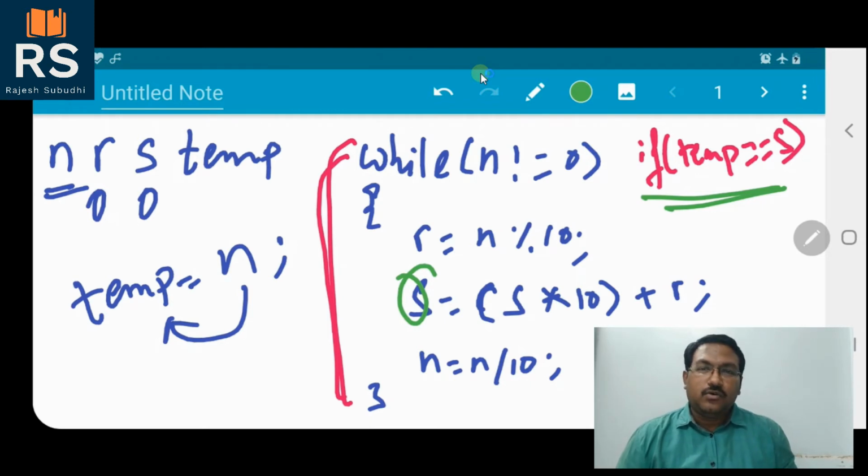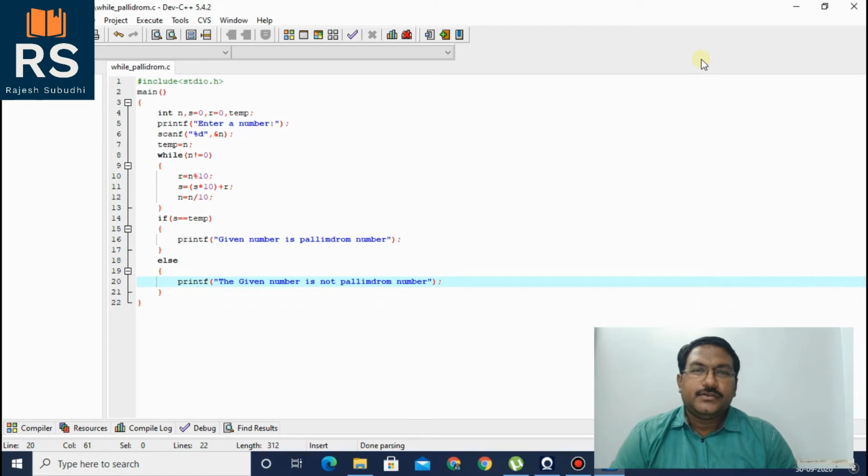So let us now go to the compiler, write the program and see how it works. Here we are in our compiler. As I mentioned in my previous videos, this compiler is Dev C++, and you will get the download link in the description area. This is our program for finding whether the number given by the user is a palindrome number or not.